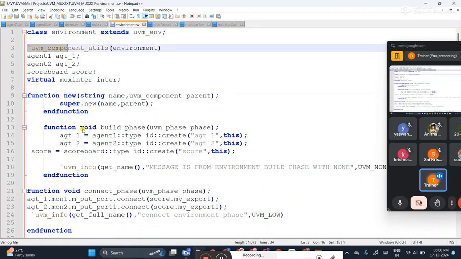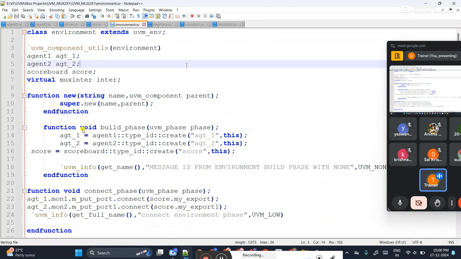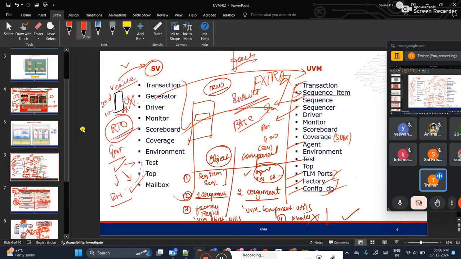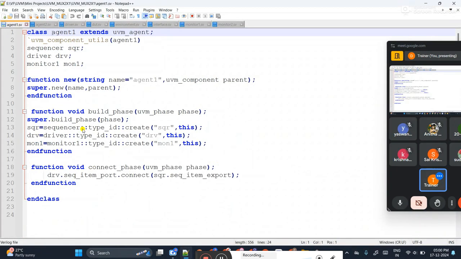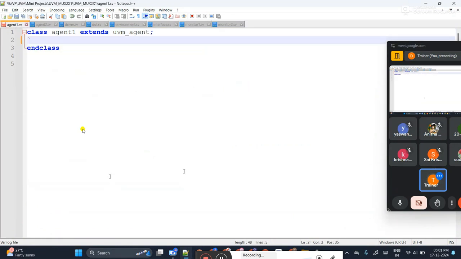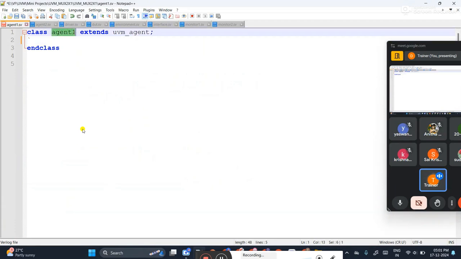As I told, if you do the registration, then only are you eligible to use all the inbuilt methods that are present in the base class. So, just now I told, now in the class hierarchy diagram, we have all these base classes. Now if you just observe the files, leave everything else, just class and endclass. You have written your file name that extends from, which means I am creating my file as a child class directly.